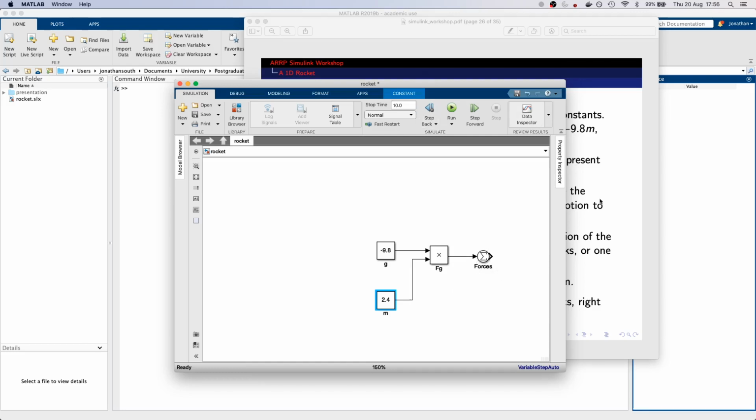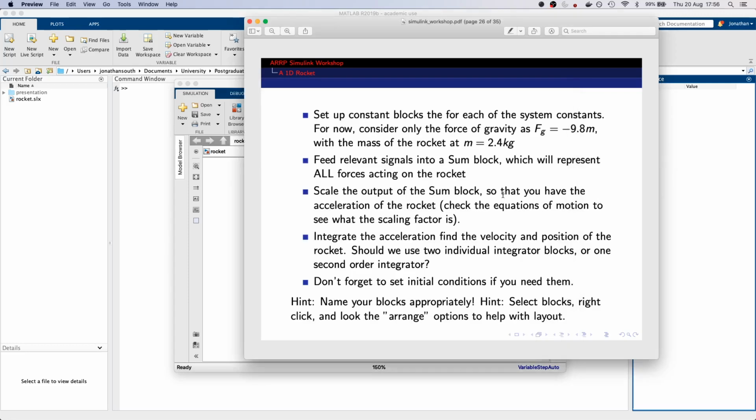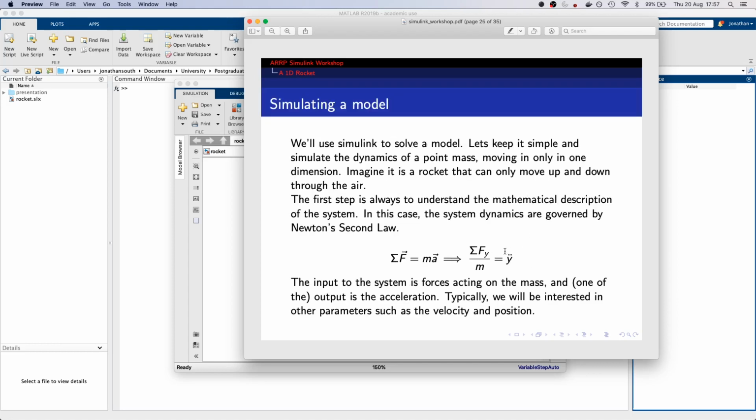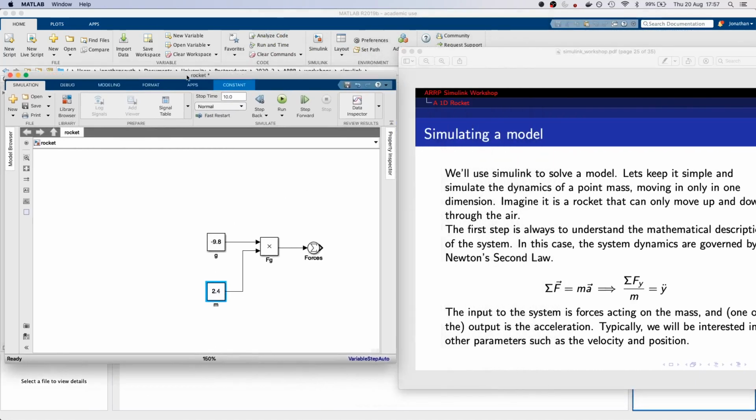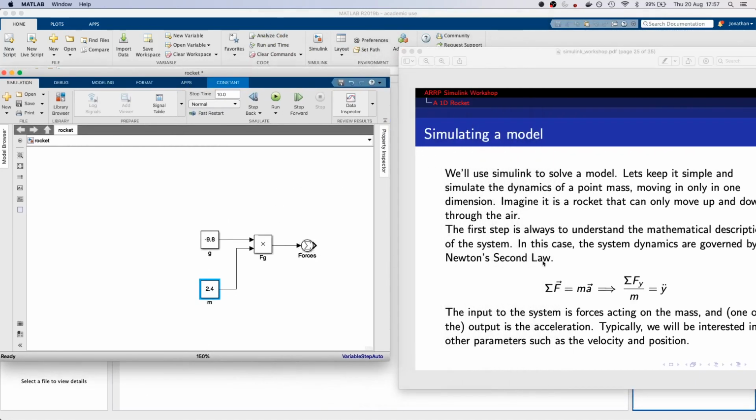Okay, how do we relate that back to our dynamic system? Well, Newton's laws, right? So the acceleration equals the sum of all the forces. So in terms of our equation here, the sum of all the forces is going to be this block here, our forces block. So that's a sigma Fy. At the moment, we've only got one. And then we need to divide this by m. So if I take this output of all my forces and I divide that through by m,